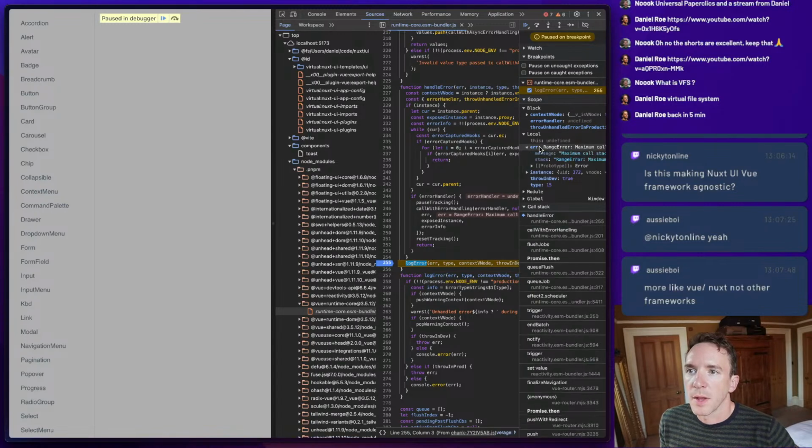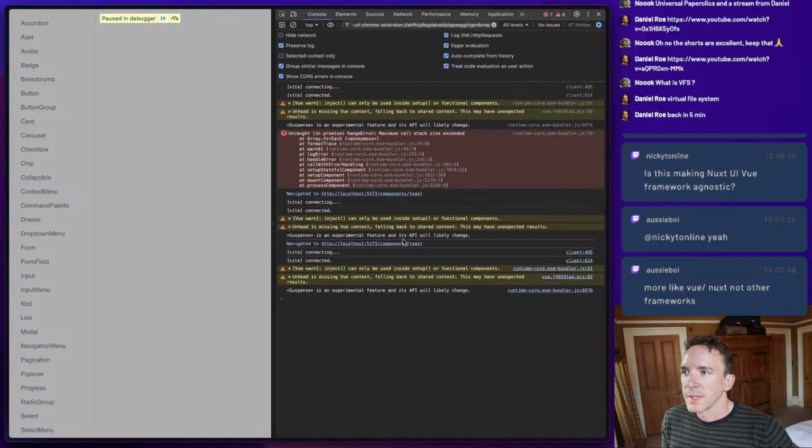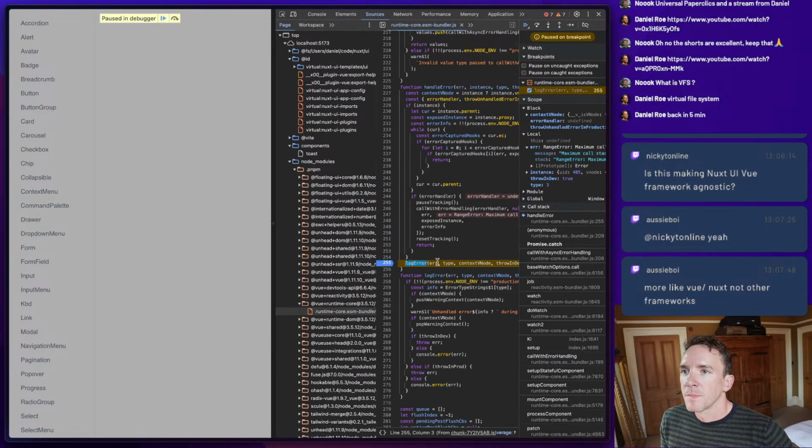Okay, well, I've got some stuff now. Oh, now I have this maximum call stack. But previously, let's cancel that for the moment.